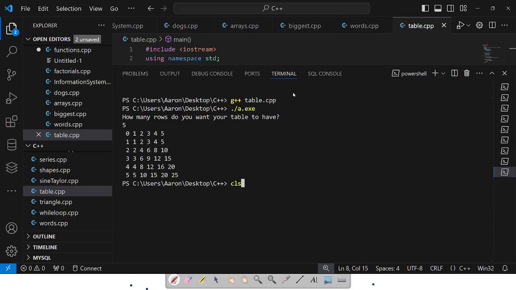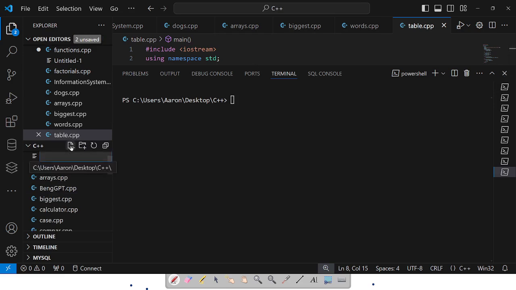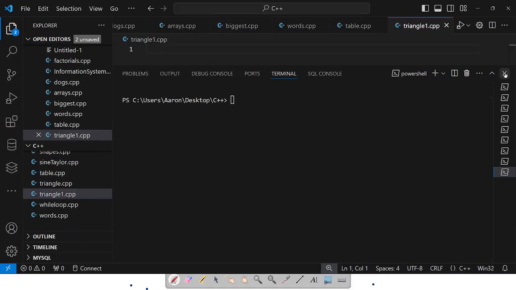Now for the cherry of today, or the pie for today, let's make Pascal's triangle. I'm just going to make a new file. Again, we know how Pascal's triangle works. I'm just going to call it triangle.cpp. Oh, I had no file for triangle.cpp. I'm going to create triangle1.cpp, and I'm going to